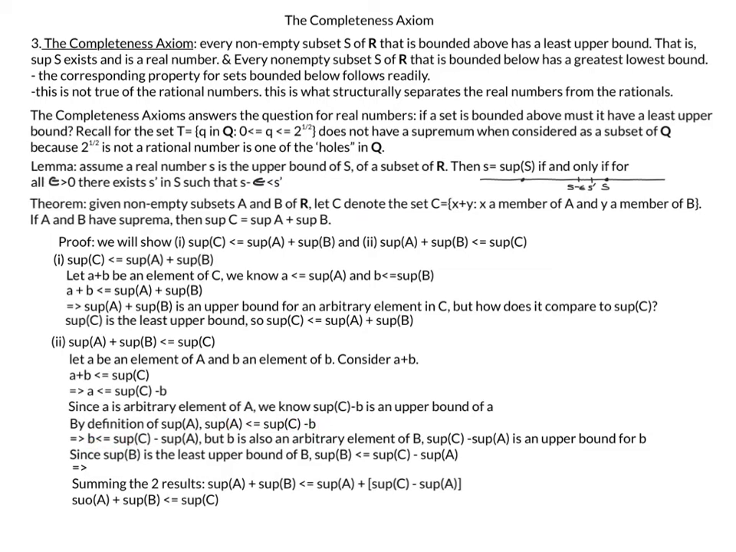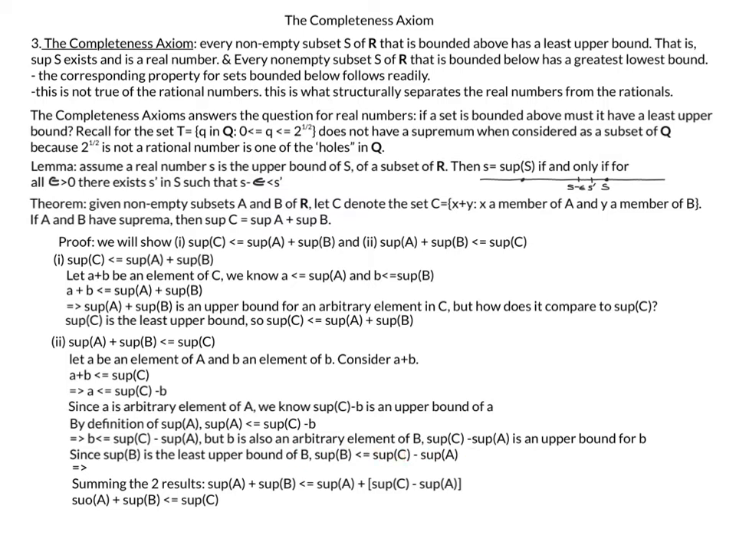Then we can do the same thing coming back over here to this line, A plus B is less than or equal to sup C, and I can subtract the A, and then I can find that B is less than sup C minus sup A. But B is also an arbitrary element of B, so sup C minus sup A is an upper bound for B, and since sup B is the least upper bound, then sup B is less than or equal to sup C